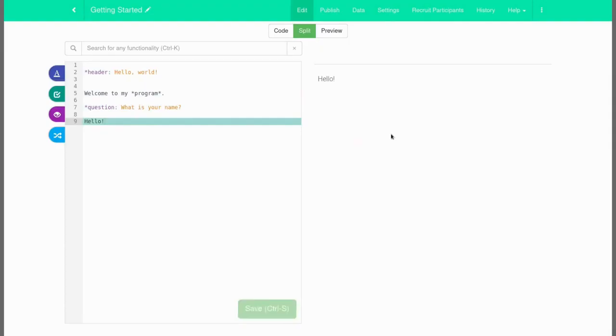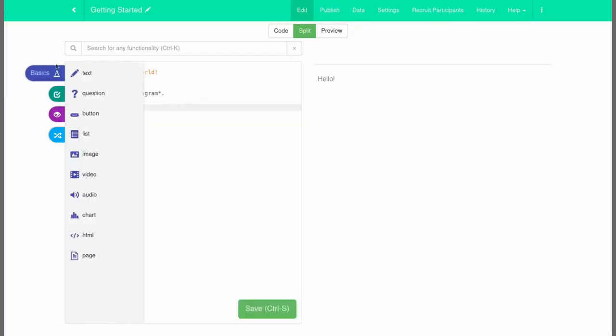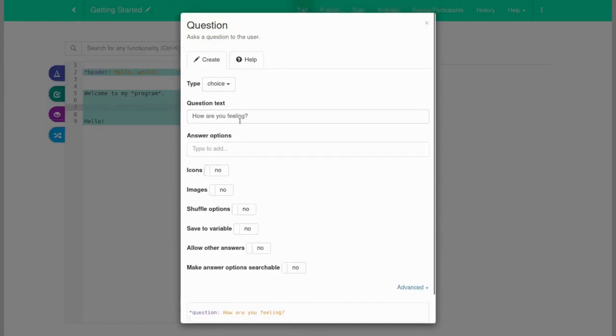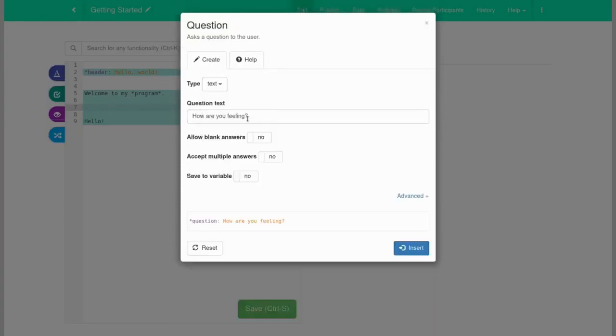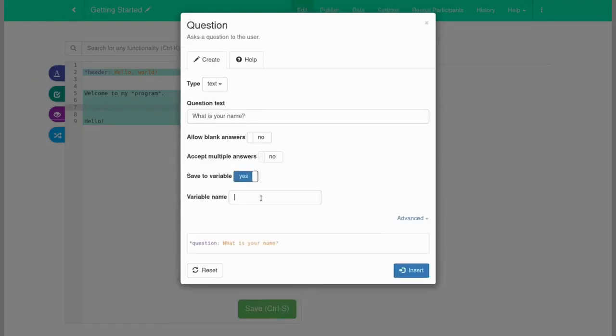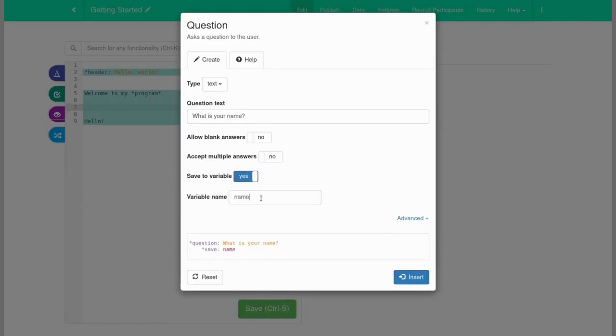But the question we made is not very useful because we don't know what the user enters. It'd be great if instead of just saying hello after the question, we could greet the user by their name. For this, let's save the user's answer to a variable. If we delete our question and create it again, there's the option to save to variable. This asks us for a variable name. Since we're just asking for the user's name, we can just call it name,